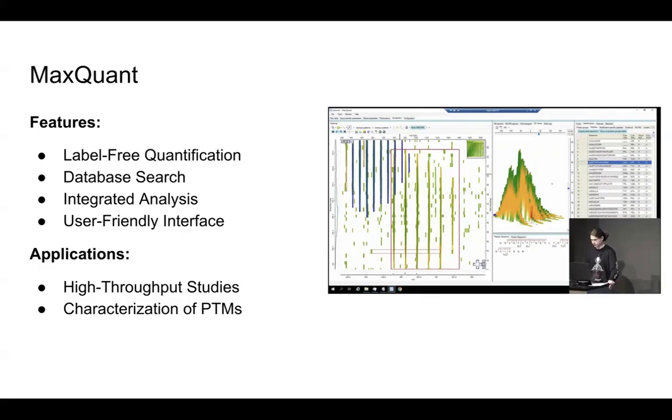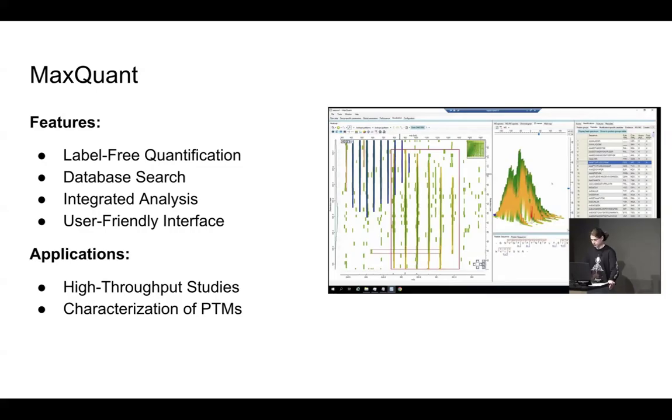So it's a software platform designed for quantitative proteomics and peptide identification. People usually use this when they want high throughput proteomics data. So features, MaxQuant provides advanced features for label-free quantification, allowing us to compare protein abundances across different samples. It also utilizes a modified version of the Andromeda search engine for peptide identification, combining both MS and MSMS data